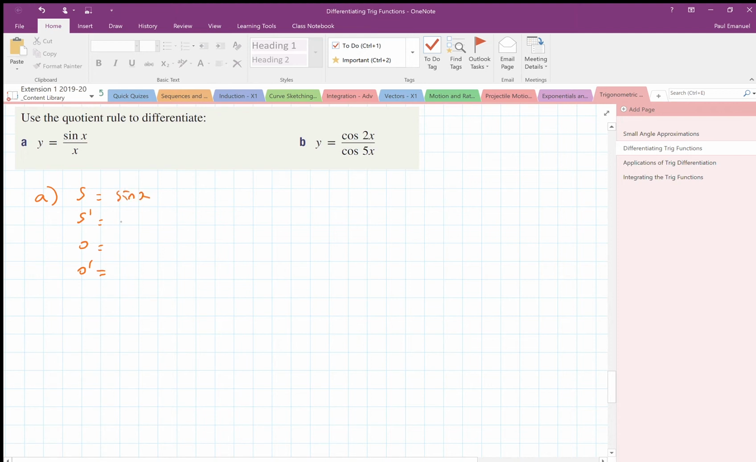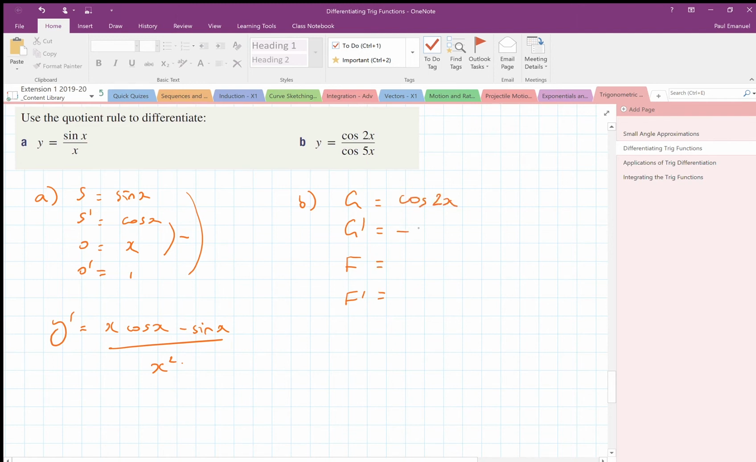So sine x, the derivative is cos x, the derivative of 1, inside minus outside. And so the derivative is x cos x minus sine x all over x squared. And for this one,